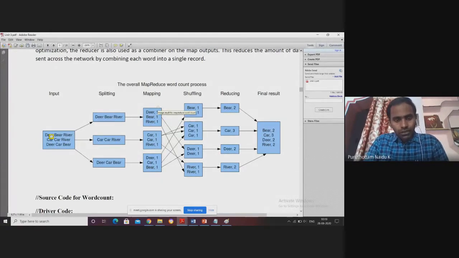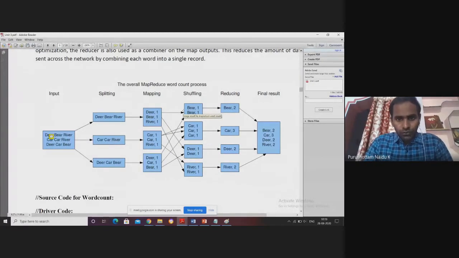Before this output is given as input to the reduce function, one more operation is performed in between, called shuffling and sorting. We are not writing any code for shuffling and sorting. Hadoop itself takes responsibility for both shuffling and sorting by default.